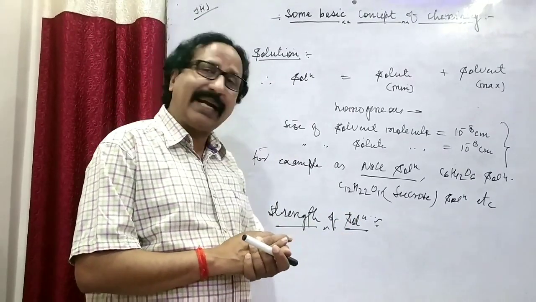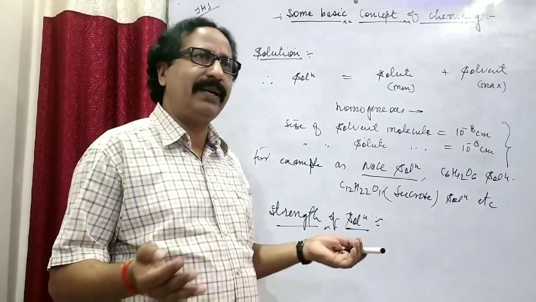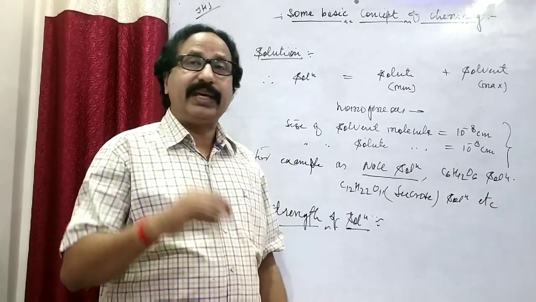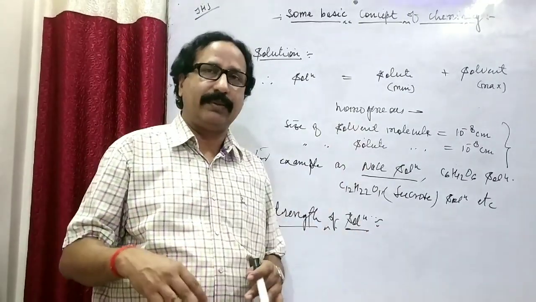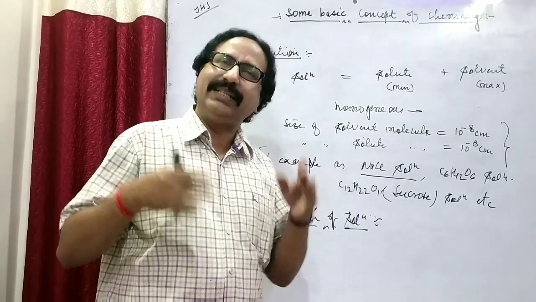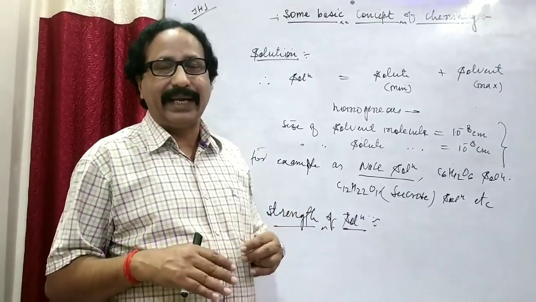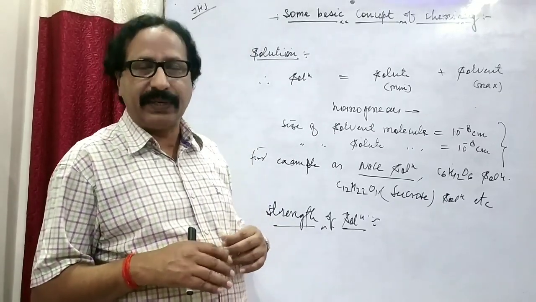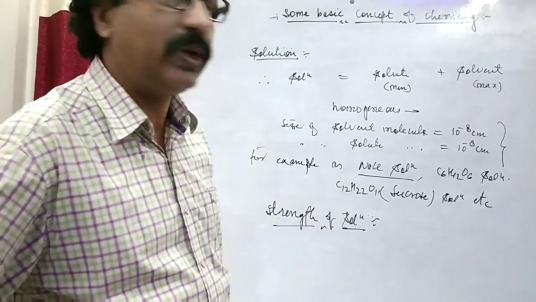We can decide the strength of any solution through different units. For example, for measuring the weight of any substance, we can measure the weight in milligram, centigram, decigram, decagram, hectogram, kilogram. All these units are used for the measurement of weight. In the same way, to decide the strength of any solution, we can use molarity, molality, mole fraction, percentage strength, strength in ppm, and so on. First of all, we have to discuss molarity.